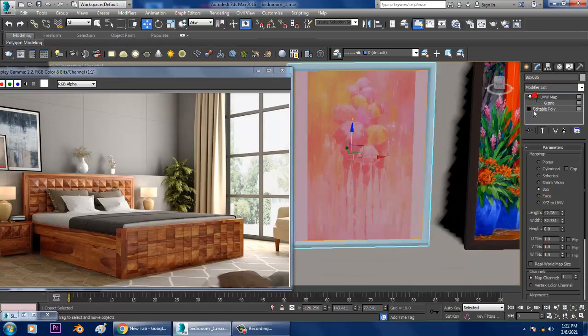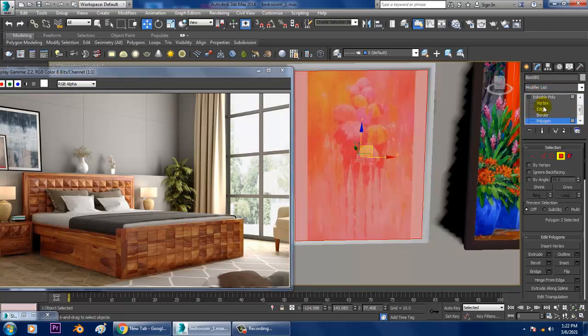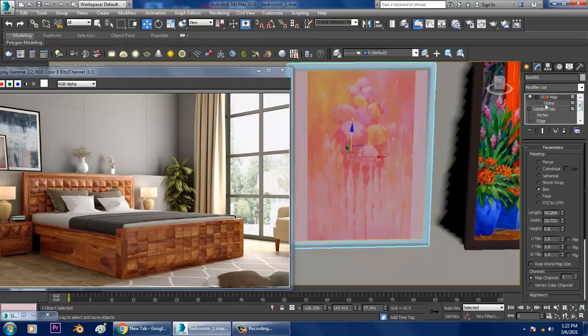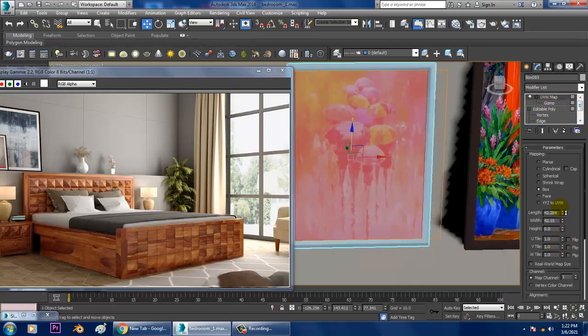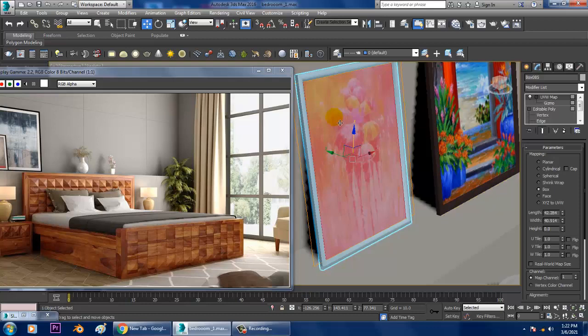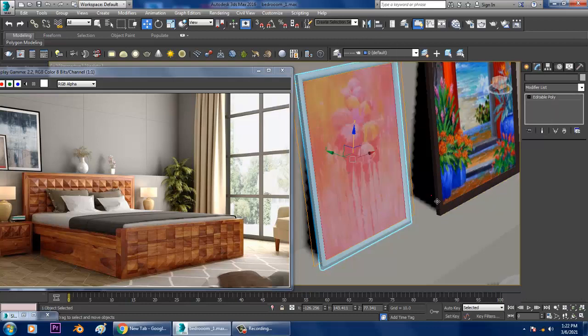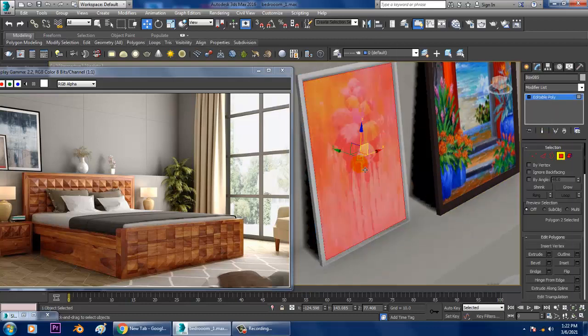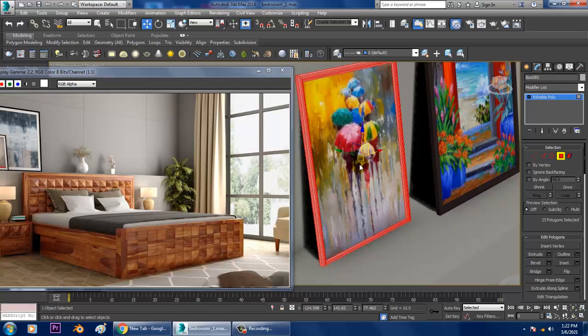So I can just select these polygons, or you can go into this and fit it in this way. Control I, inverse.